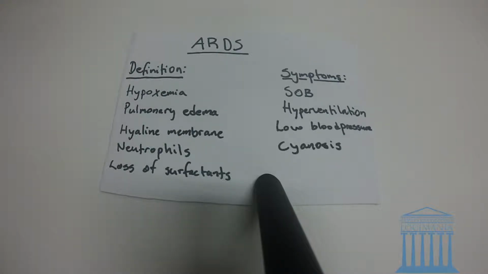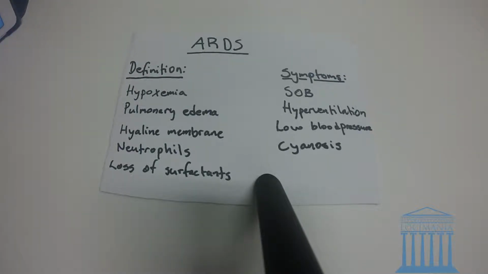Today we're going to talk about adult respiratory distress syndrome, also called hyaline membrane disease. We're going to start off with the definition. The definition is a condition with inflammation in the lungs, and you can see it by hypoxemia, and there's fluid accumulation, so pulmonary edema, and a hyaline membrane is formed